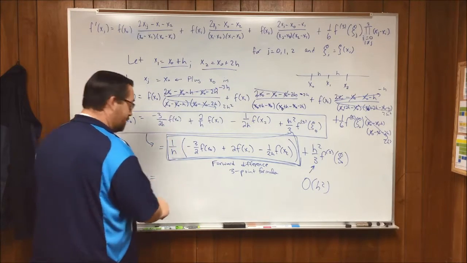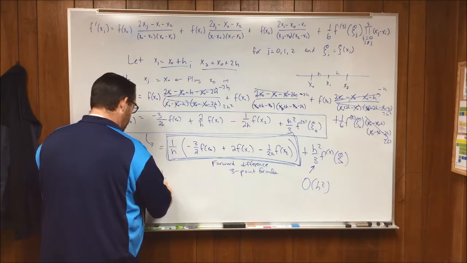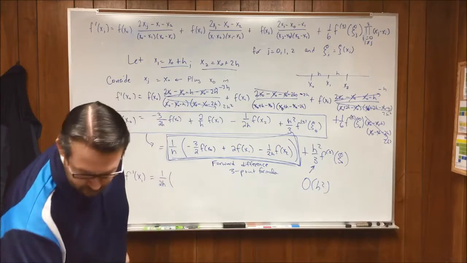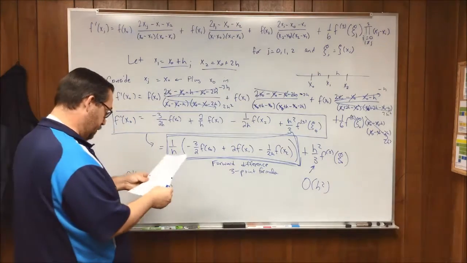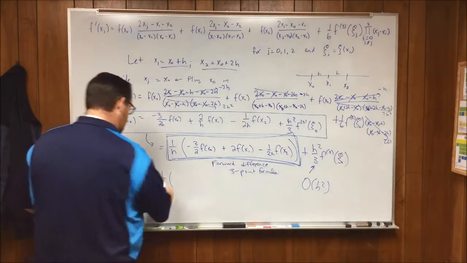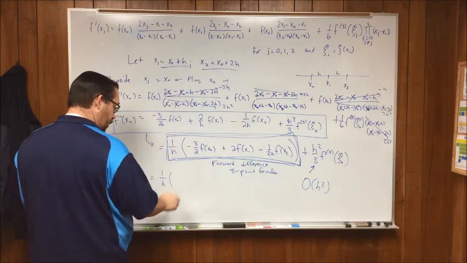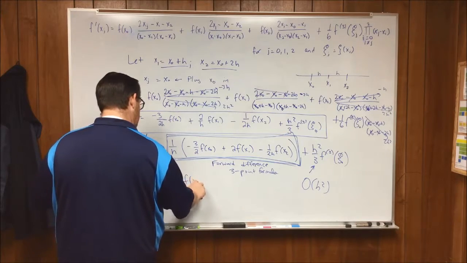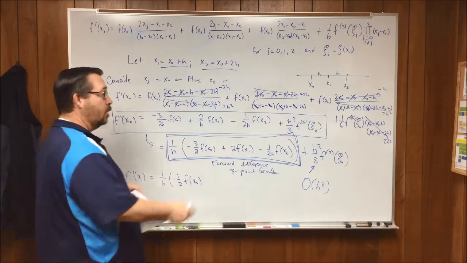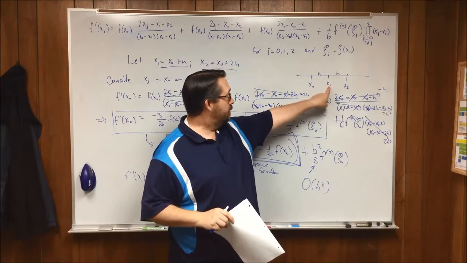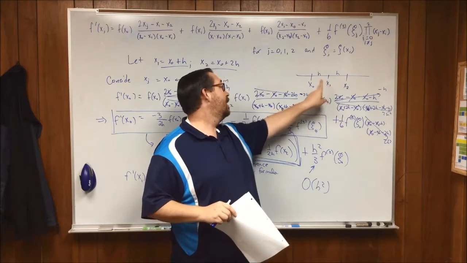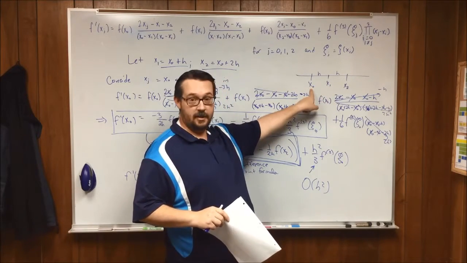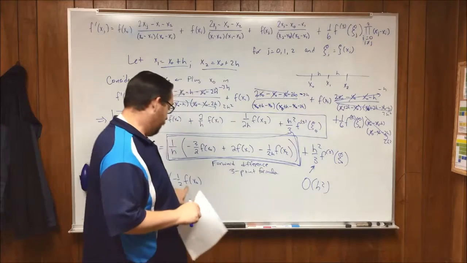If you go through this process, you end up getting 1 over h on all 3 of these, and it's negative 1/2 f at your previous point. So to find the derivative here, evaluate the function value before it, multiply that times